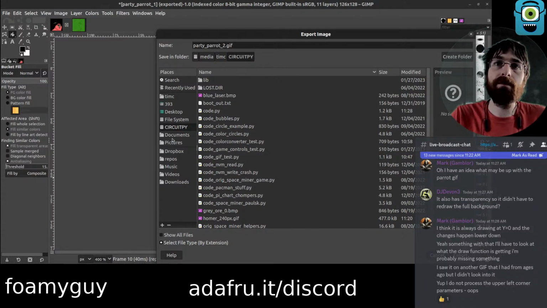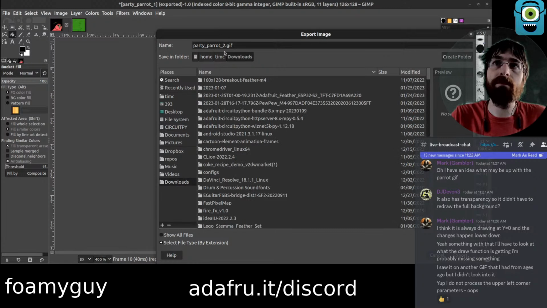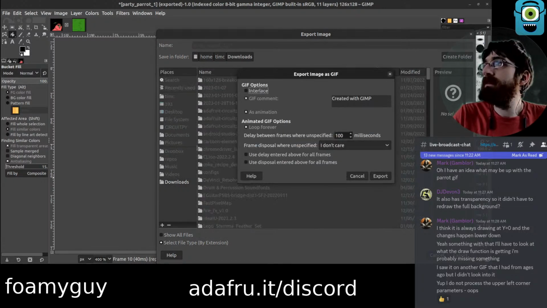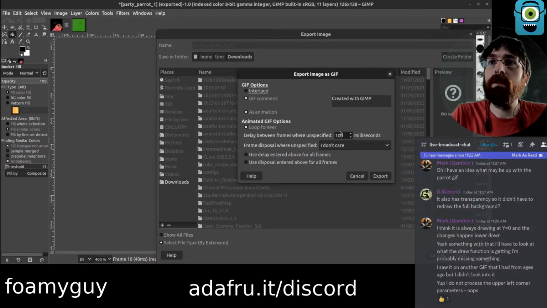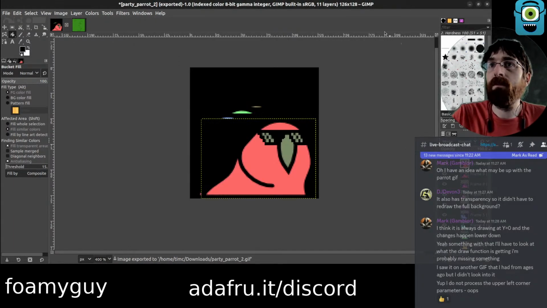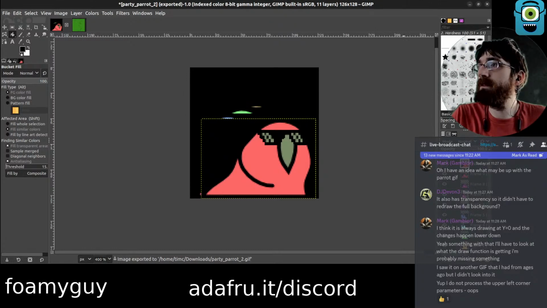Let's go to the computer first. Ten, it looks like, was the lowest.